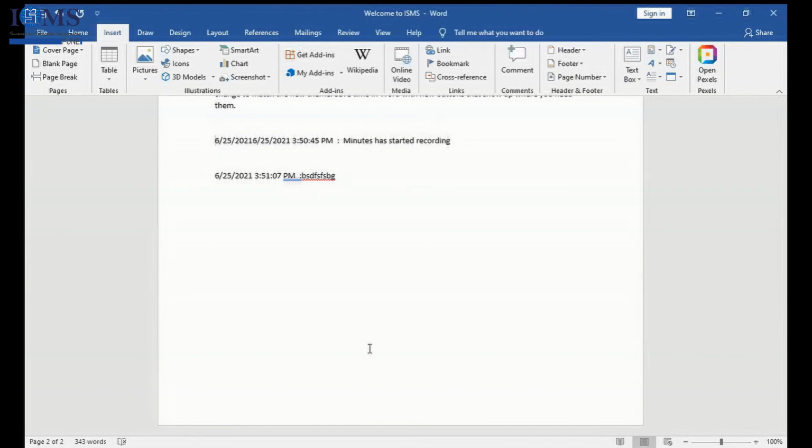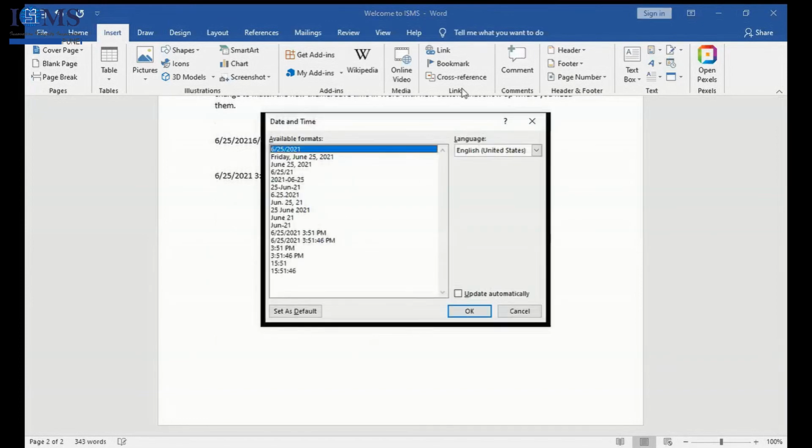Isn't it so nice? Instead of recording it and writing it on paper and then putting it in the minutes of the meeting or such documents where minutes have to be recorded, just click on the system date and time, and whichever format you want, just click on it. Is that simple? Update automatically.